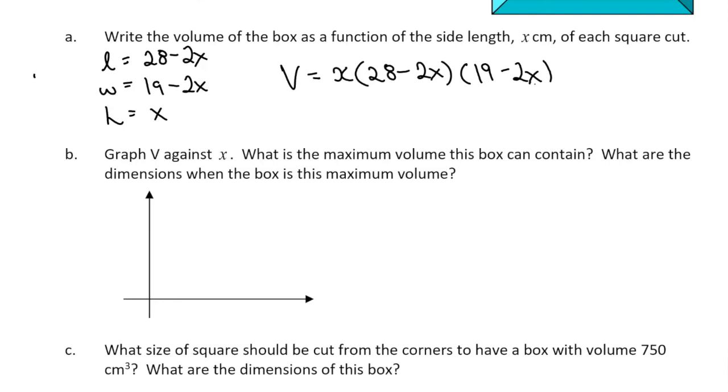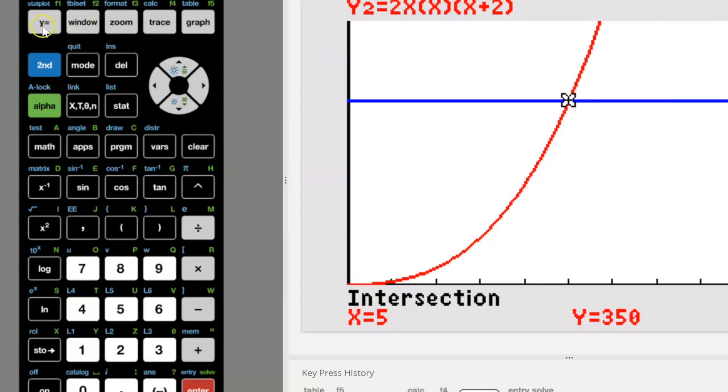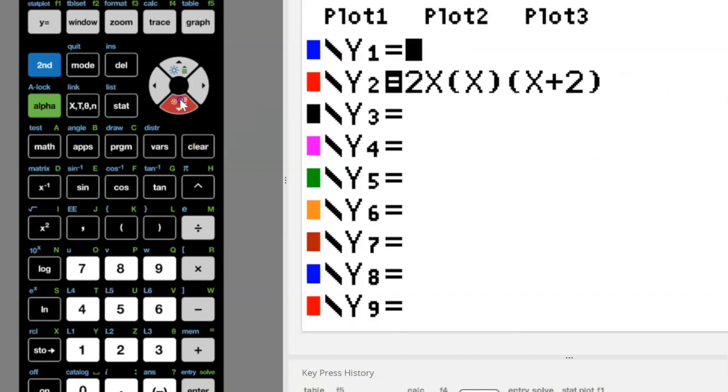And so given something like this, we're going to want to be able to graph it, and we know that when we graph it, we're going to create a cubic function, and whatever that cubic function looks like, it's going to have at some point a relative maximum, and we want to be able to find out what's happening at that relative maximum so we can identify what would be the dimensions to be able to maximize the volume of the box. And so if you go back to your graphing calculator, and let's go here and let's clear this,